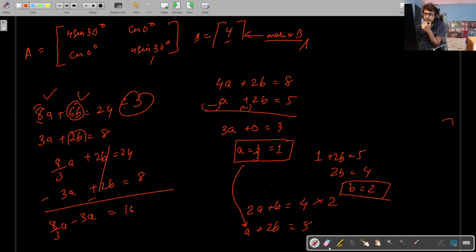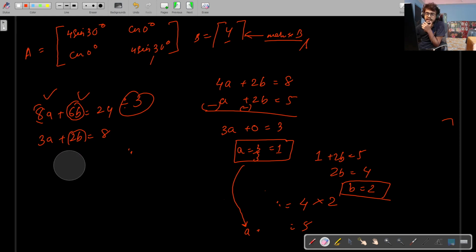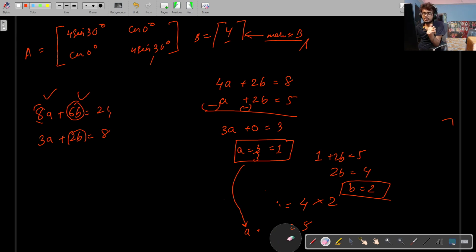So now you should know the essence of solving. You don't need to practice this every day, but when you get equations like this, just try to remove one of the variables. So the first approach and the main approach for solving this kind of linear equations is to remove a variable. Try to remove either b or a from the equation by adding, subtracting, multiplying, whatever you want to do. Just by doing any of those methods, try to remove one of the variables completely. When you remove one of the variables completely, you can find the value of the other variable.